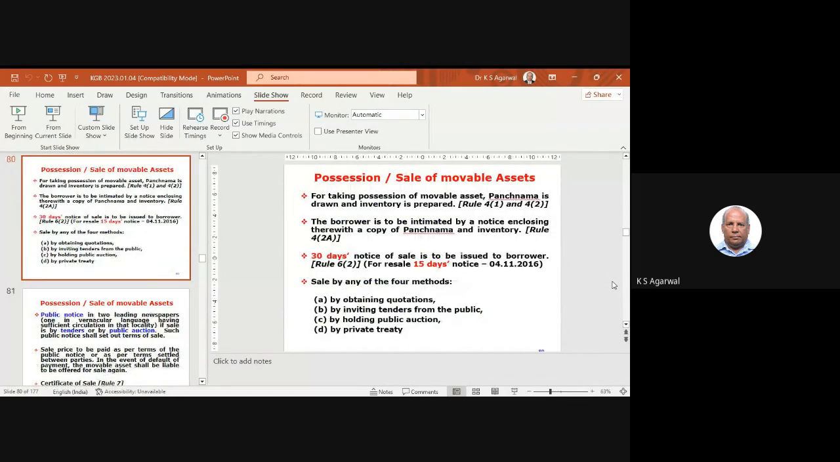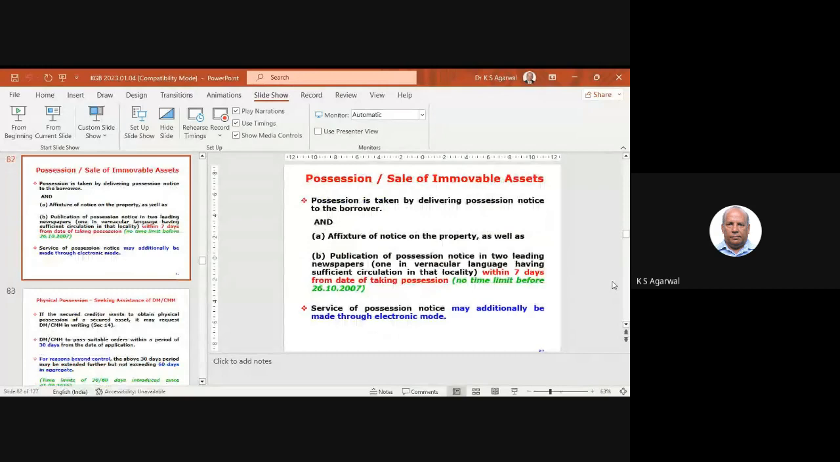So how is this possession and sale done? Movable asset, you read yourself. I am going to immovable asset, that is more important. Suppose you have to take possession of a residential house. So how will you take the possession? The possession notice, the draft format is given in the SARFAESI Act. So you will first print the possession notice, and deliver this possession notice to the borrower,